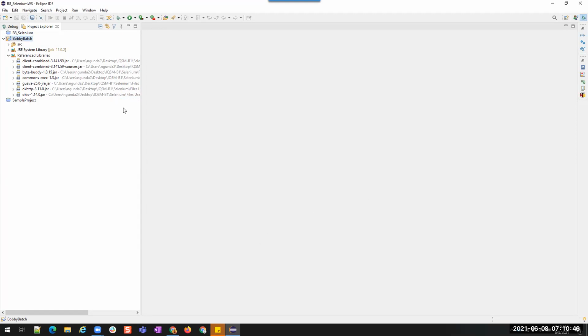Then we went to selenium.dev, went to each of the browser driver files, and downloaded 3 of the browser driver files. Now we have the prerequisites or required files for the WebDriver to work.